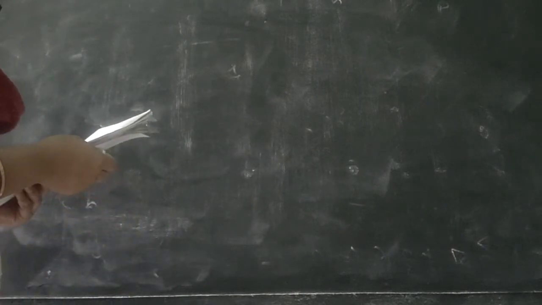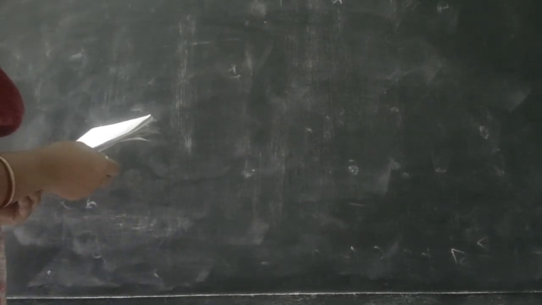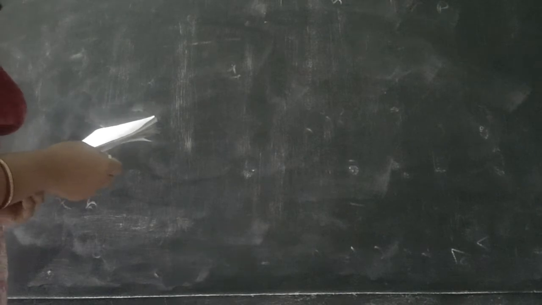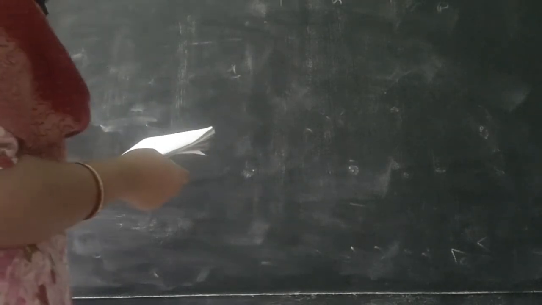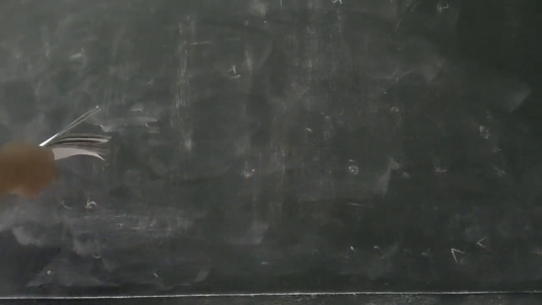I will go to the sum. The second term of a GP is B, and the common ratio is R. If the product of the first 3 terms of the GP is 64, then find B. That means the second term of the GP,